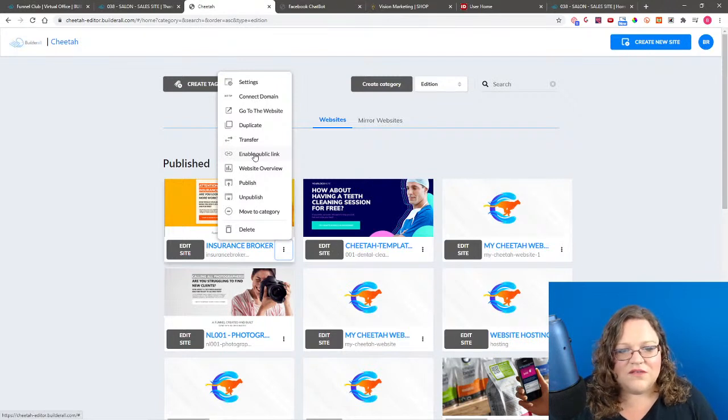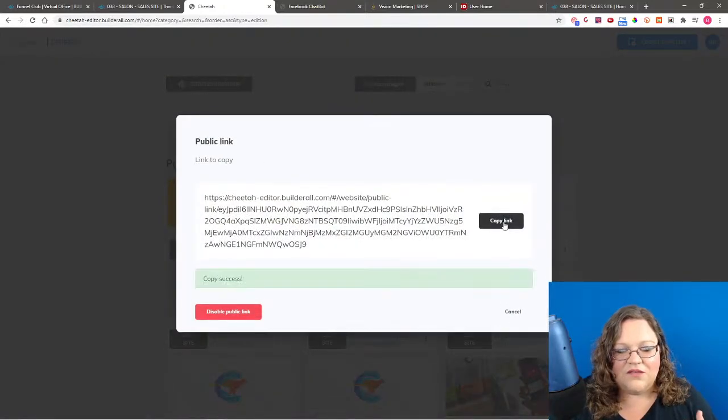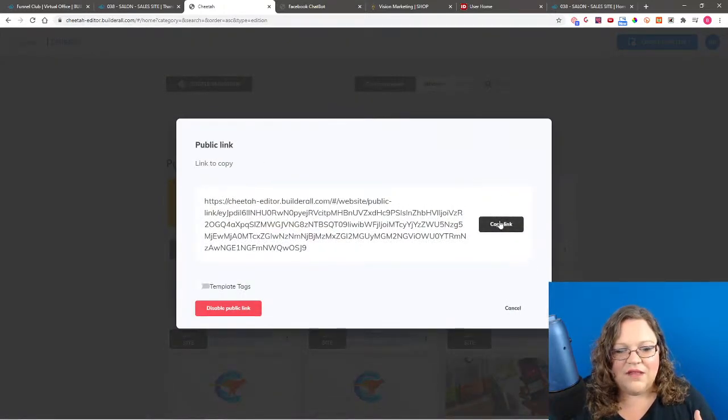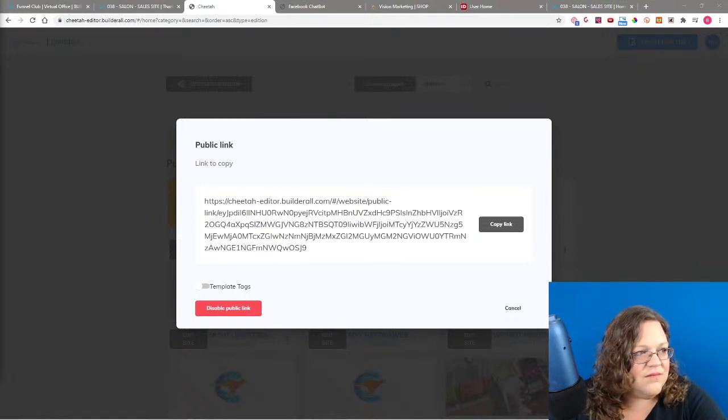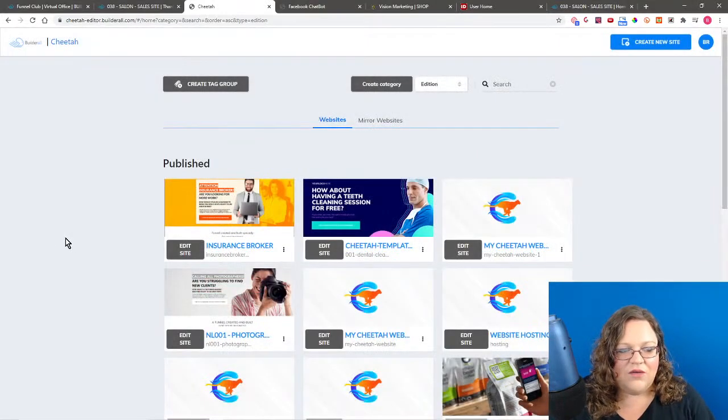All you have to do is go here to the main website settings and just enable public link. And then all you need to do now is just click copy that link. So I'll put this in the chat for you guys to check out, so you can transfer it to your account and see what it looks like. But the thing is, you have to have a Builderall account because it's going to ask for the email and